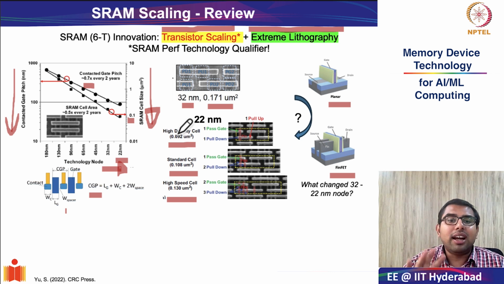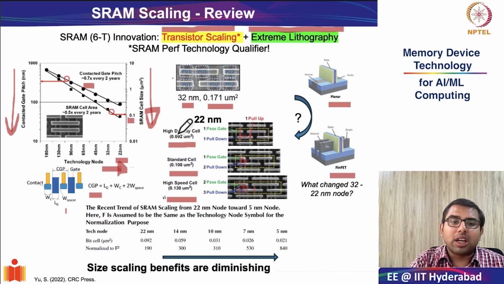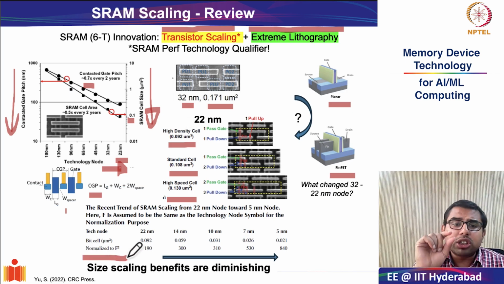Okay, so the point I'm trying to make is that improvements in transistor technology really push the flexibility and performance of SRAM to a different level. However, it is important to know the normalized area. What is our normalized area? Recall when we were studying memory footprint, we were normalizing everything to F squared, where F was the smallest dimension.